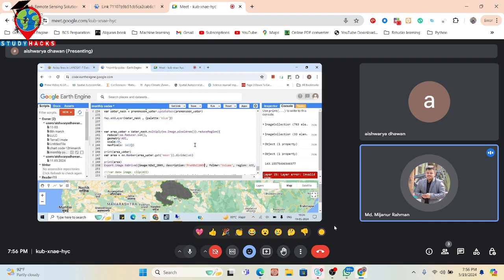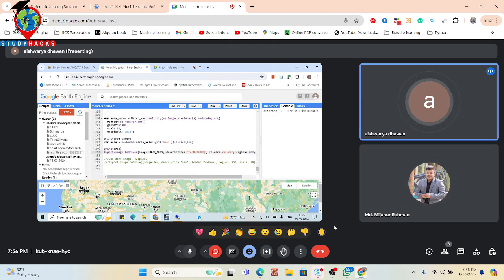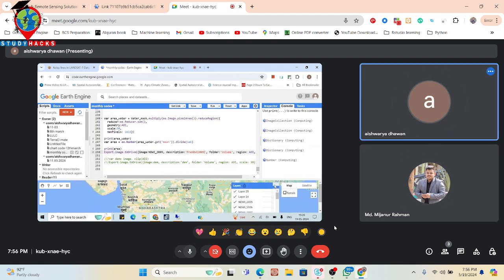Also open the layer, Map.addLayer. First I should uncheck all these, and then only 2009 I will keep.